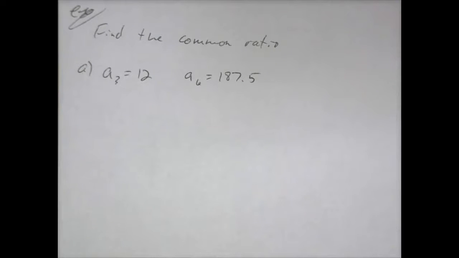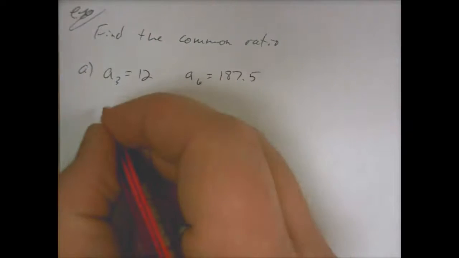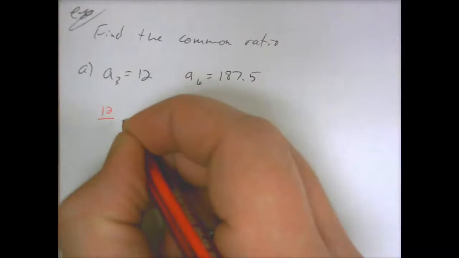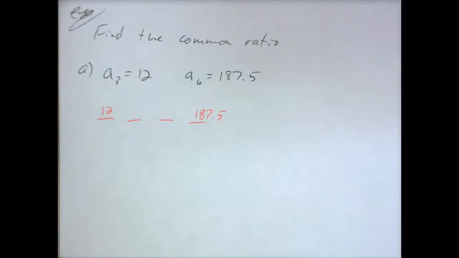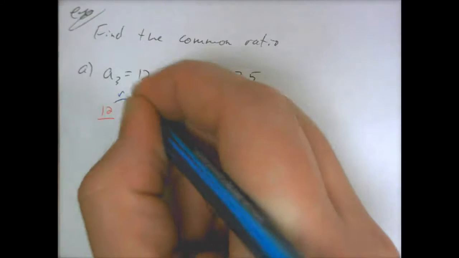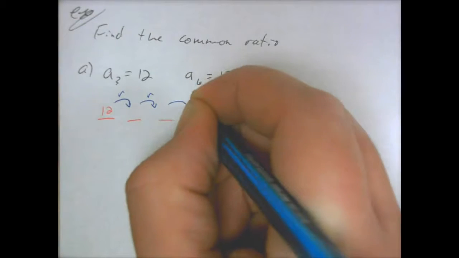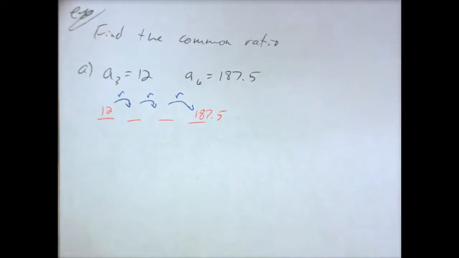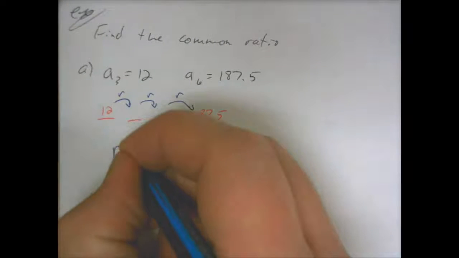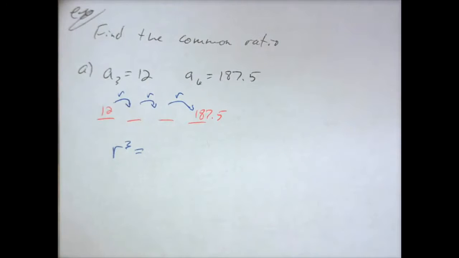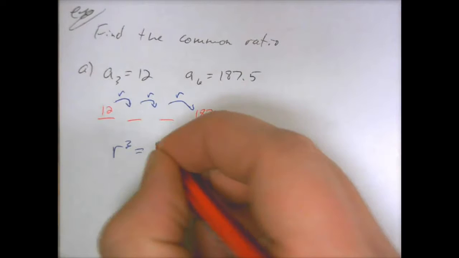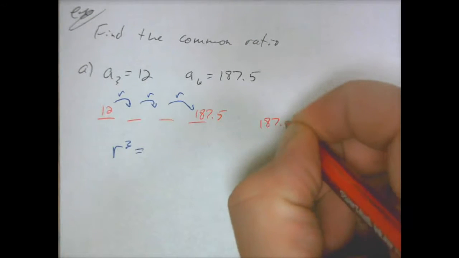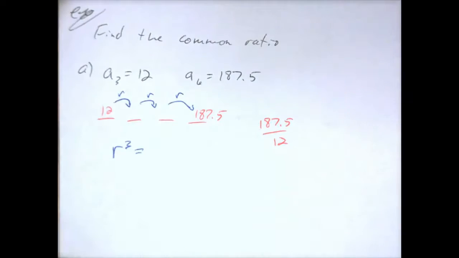All right, lastly, in this one we are finding the common ratio. We're given the third term and the sixth term. The third term is 12, then the fourth term, fifth term, and the sixth term is 187.5. Notice you multiplied by the rate once, again, and one more time, so you multiplied by the rate 3 times. So the rate cubed is equal to the number I multiplied by to get from 12 to 187.5. So I can say 187.5 divided by 12 is a magical number,